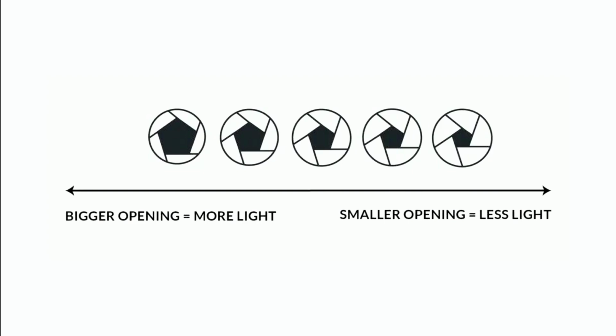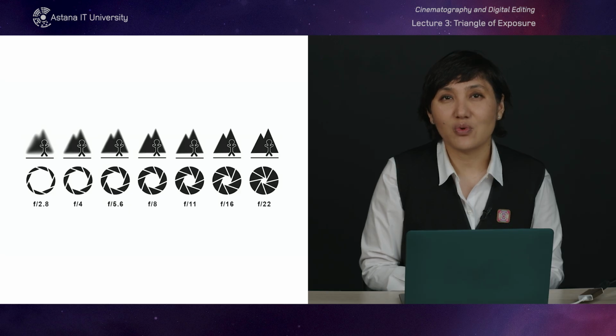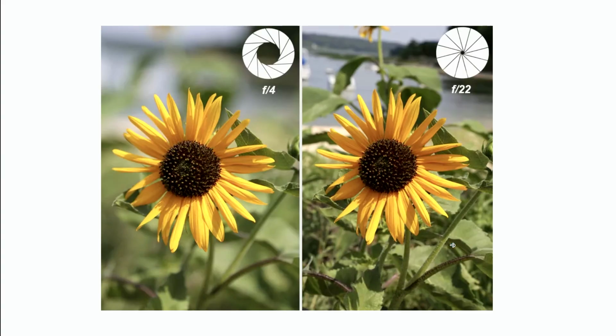The aperture setting controls the amount of light that enters the camera, directly affecting the exposure of your image. Beyond just light, the aperture also significantly impacts the depth of field in the photos. A wide aperture, low f-stop, creates a shallow depth of field, which means that the subject is in sharp focus while the background is blurred. This is often used in portrait photography. Conversely, a narrow aperture, high f-stop, increases the depth of field, bringing both the subject and background into focus. This is common in landscape photography.